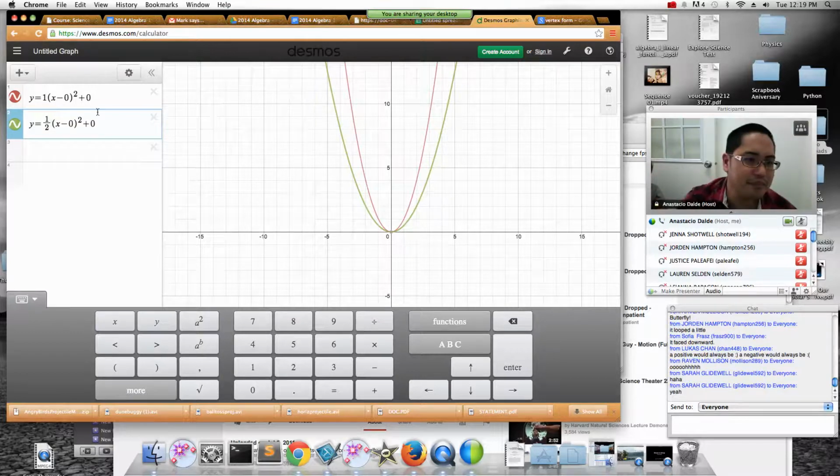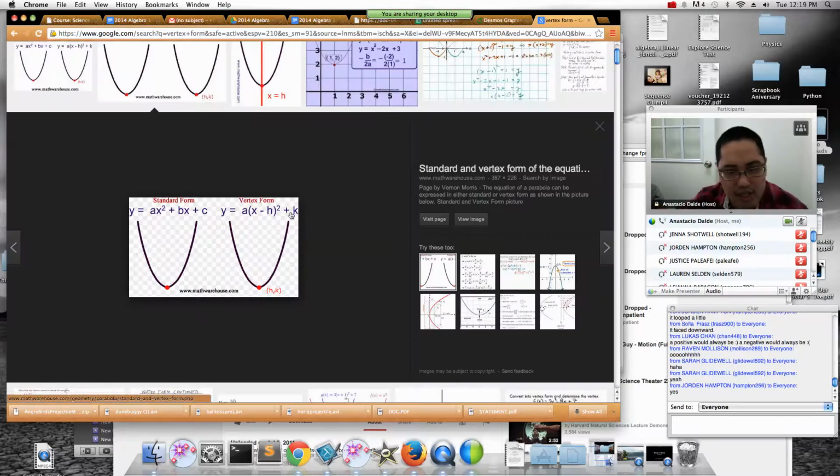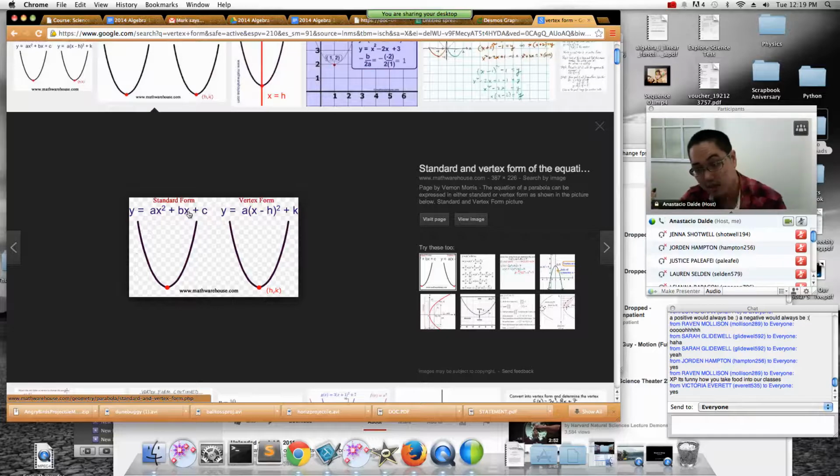All right. Now, this vertex form right here is not the only way to describe a parabola. You have seen this before, ax squared plus bx plus c. Have you seen this before? Yes. You've seen it in your math class, and what you did to it was you applied to it the thing we call the quadratic equation. Now, our standard form is going to look a little different because instead of x's, we're going to have t's,